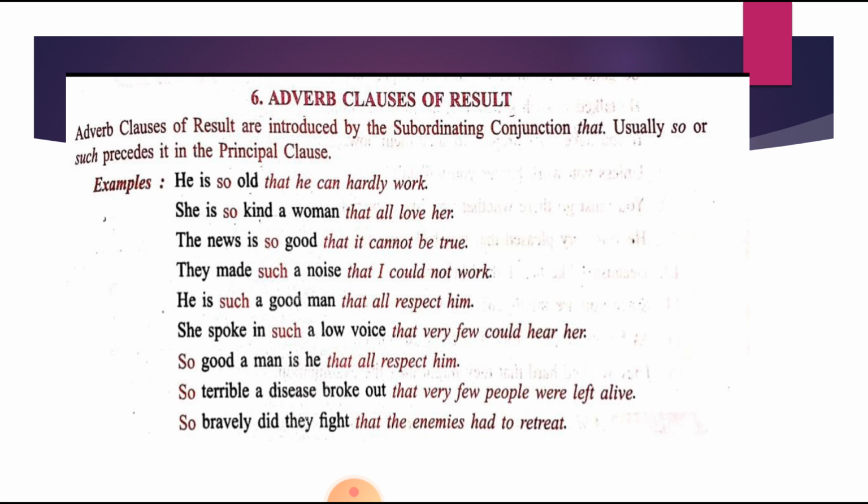Now, adverb clause of result. In the adverb clause of result, they are introduced by which subordinating conjunction? That. Usually so or such precedes it in the principal clause. For example, he is so old that he can hardly work. So and that. She is so kind a woman